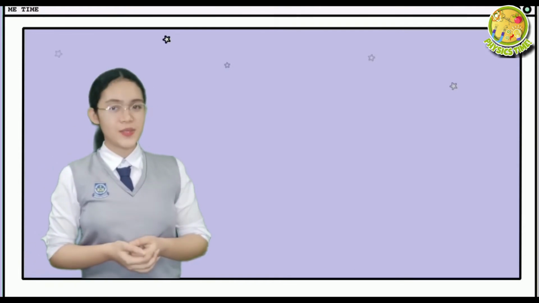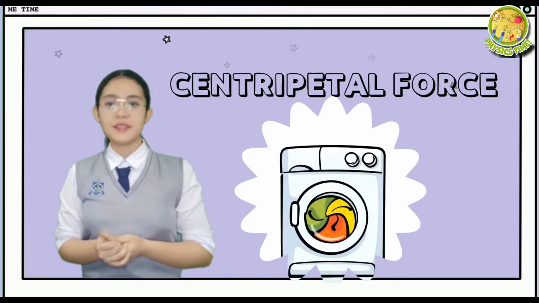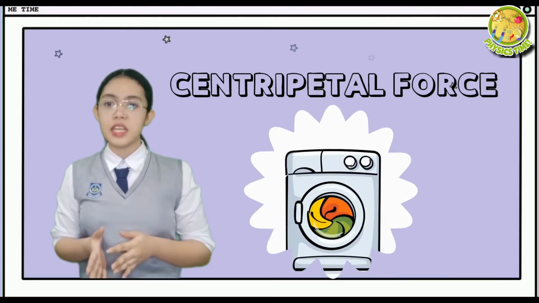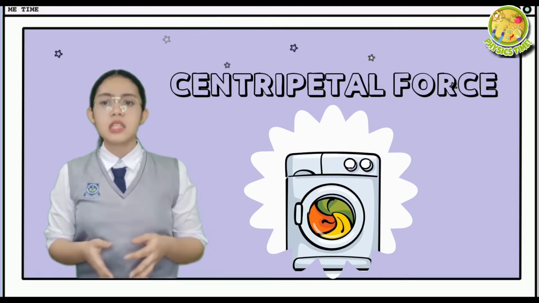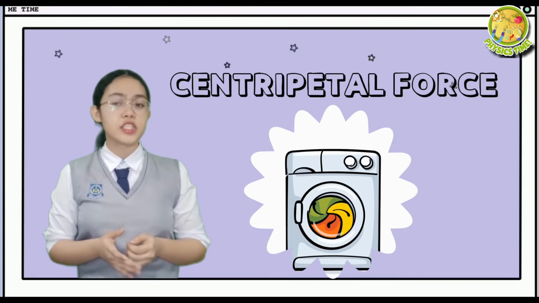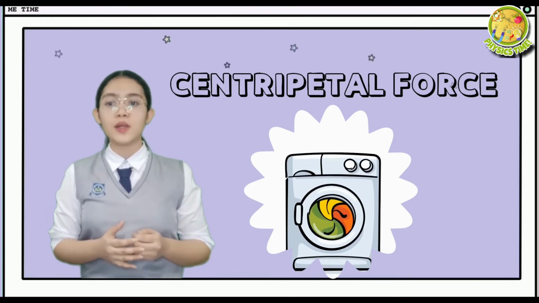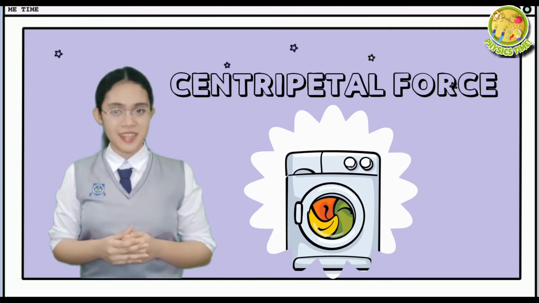Have you ever washed clothes at home? Well, your washing machine has applied the principle of centripetal force. The dryer of a washing machine is a rapidly rotating container that applies centripetal force to its content. Centripetal force acts in the direction away from the center and hence can be used to throw the water molecules on the clothes radially outward during the spin cycle of the washing machine.